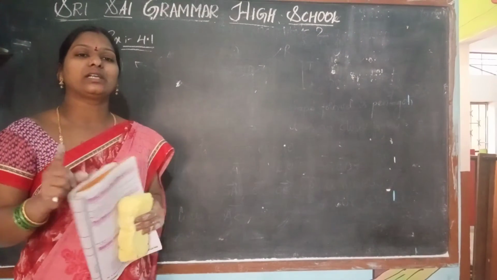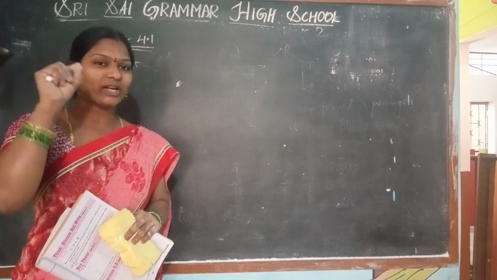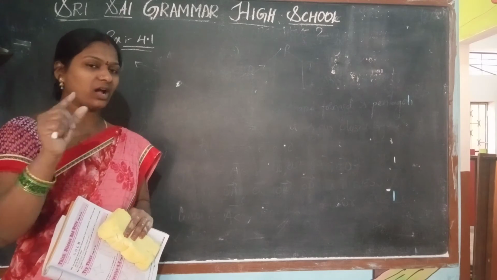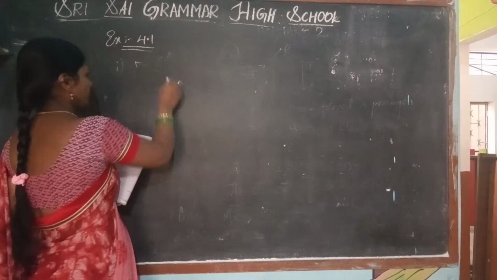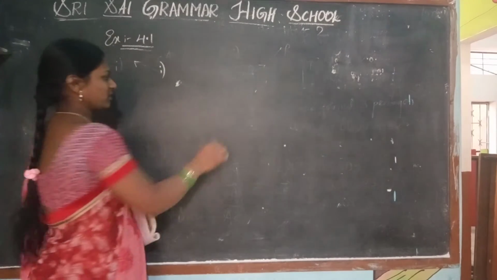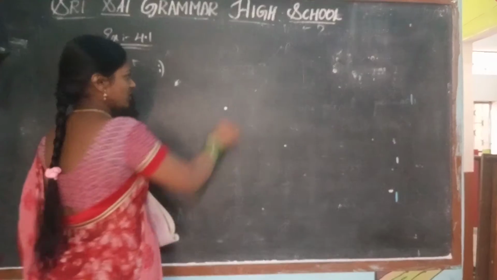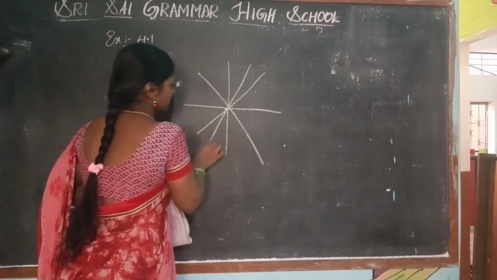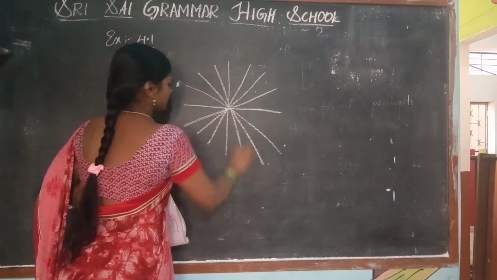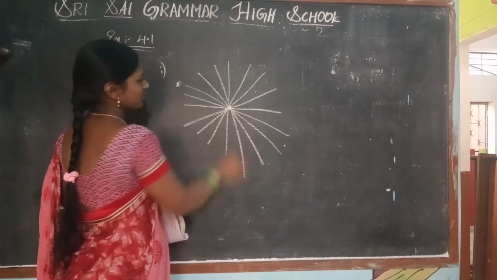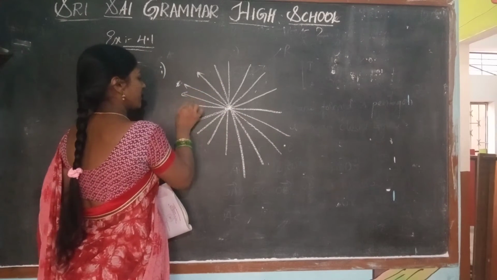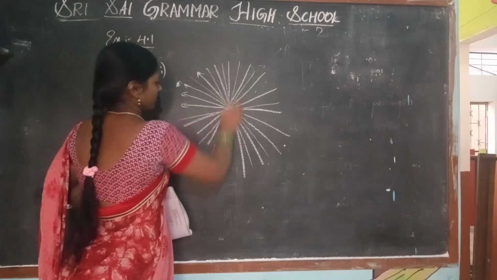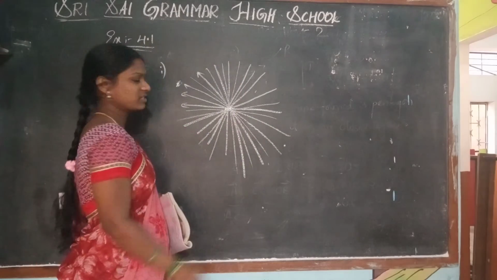We have already learned the key concept that if a point is given, infinite lines can be drawn. Sure, I'll show on the board. See, first one, if 1 point is given, how many lines am I going to represent on this? Infinite lines. I can draw like this, like this, like this, and like this. Yes, infinite.